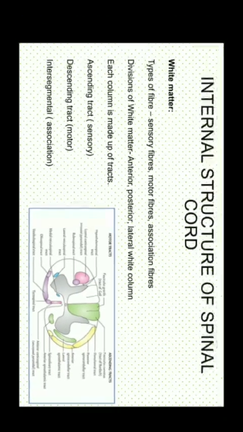Now each of these columns will be carrying fibers. These nerve fibers are arranged in the form of tracts. They are also called fascicula, or lemniscus. The fascicula are round bundles of fibers, so in cross section those fibers appear round. Lamina: when these fibers are flattened, they are the lamina.